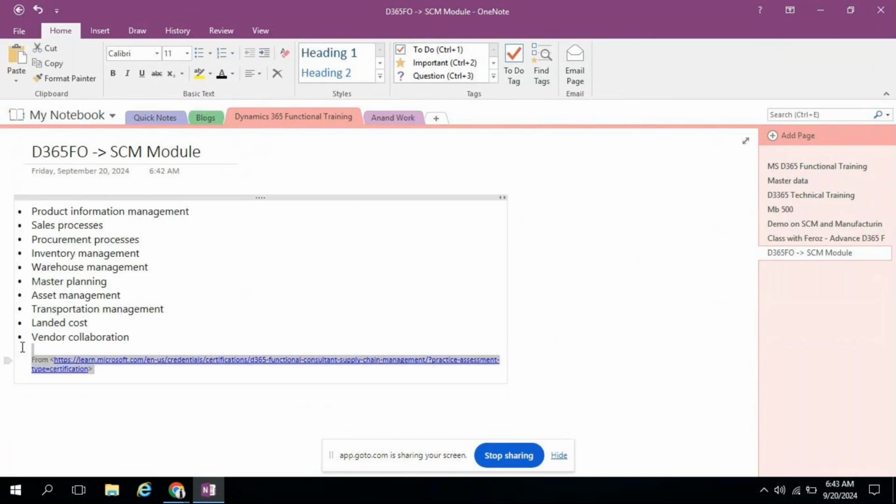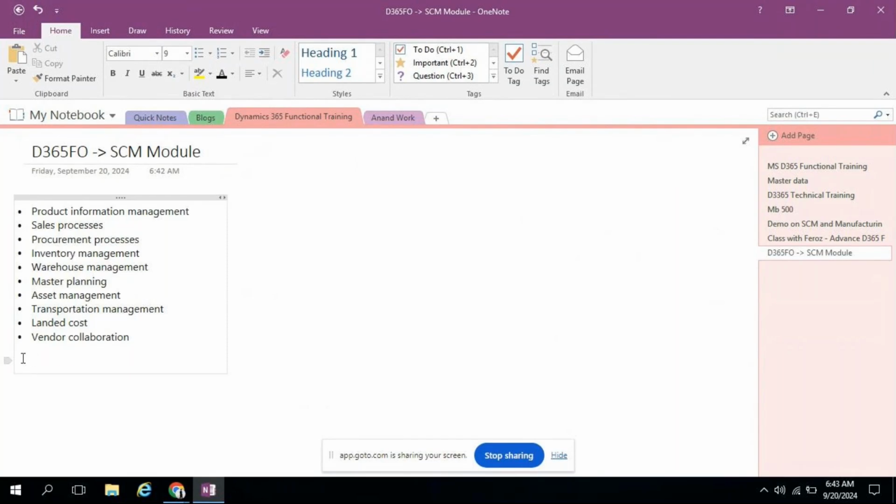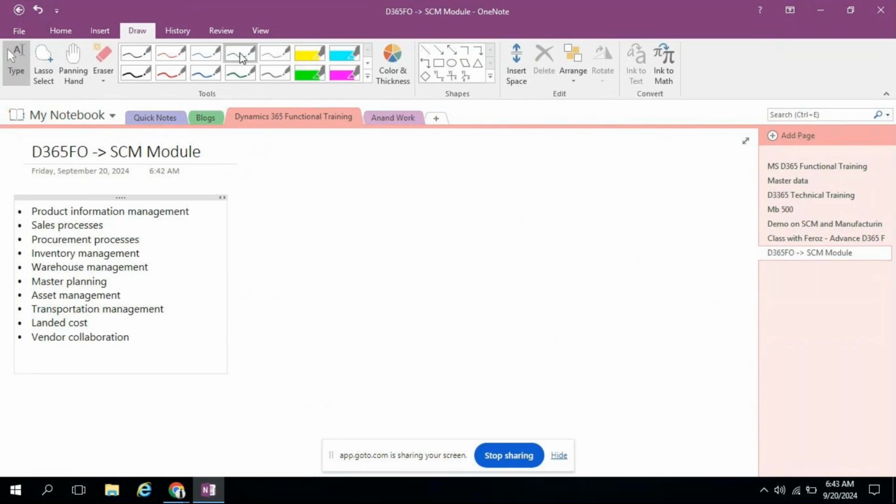So these are the modules which are required for the SCM, the supply chain management. What actually is supply chain management? Just we will take a brief. So in supply chain management,